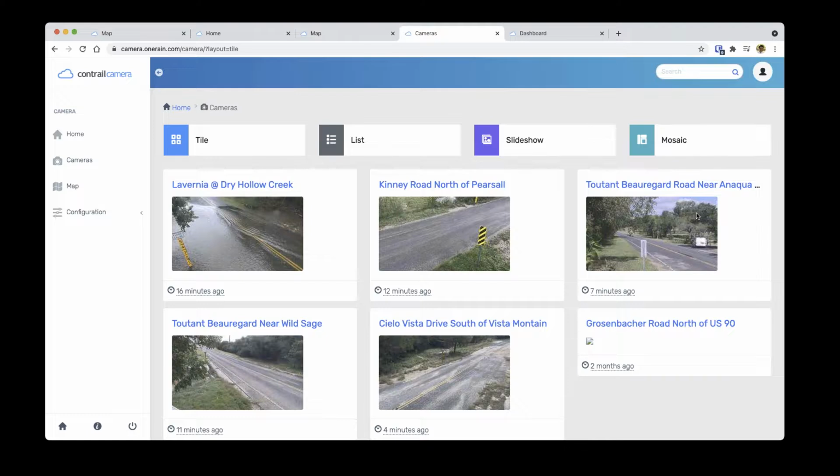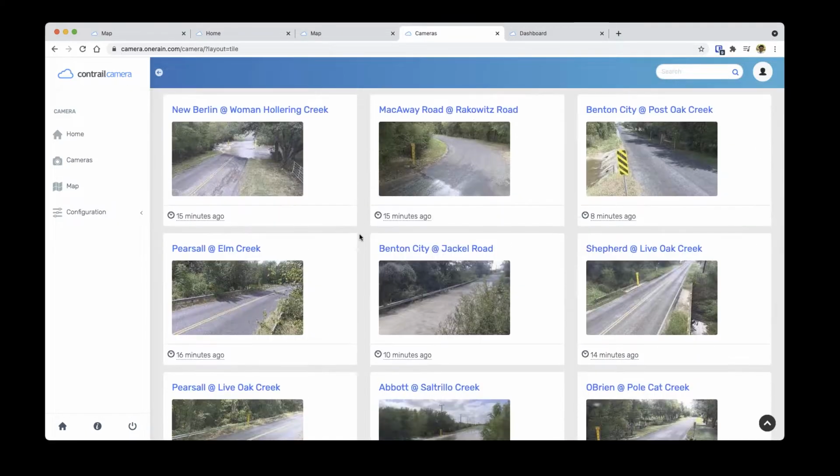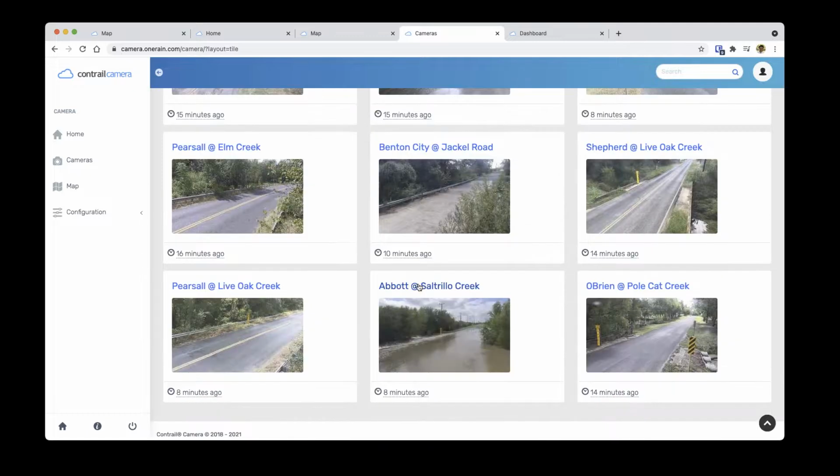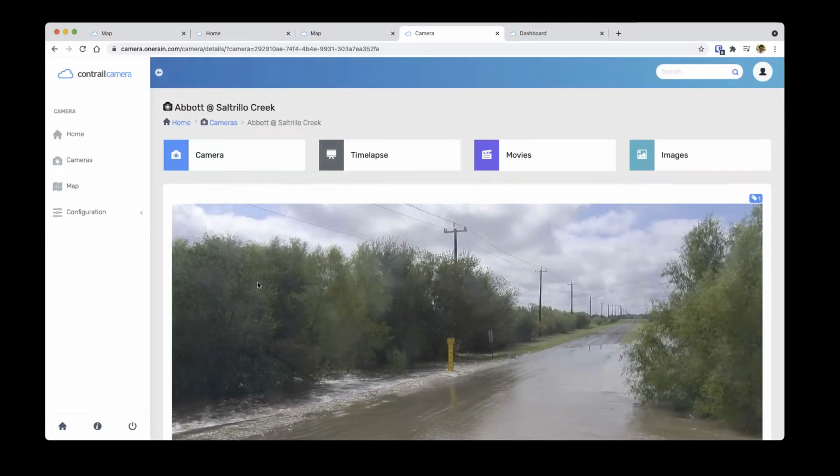Or you're detecting a person walking on a dam, or a person walking through floodwaters, or things like that. And with that, we can tie that data back to Contrail to alarm on it in addition to our data that's being collected. Okay, so we're going to go back to our example that we've been using, Abbey Creek here,